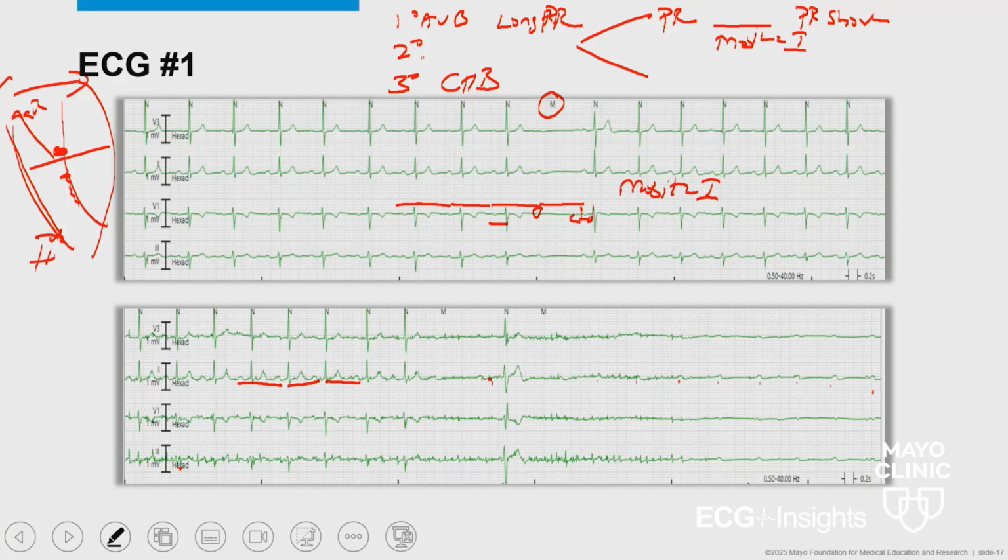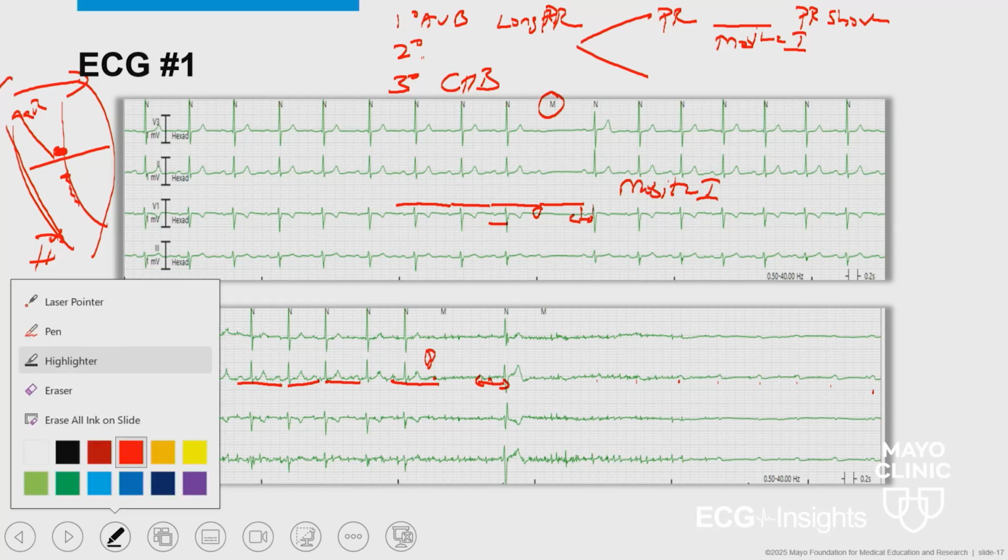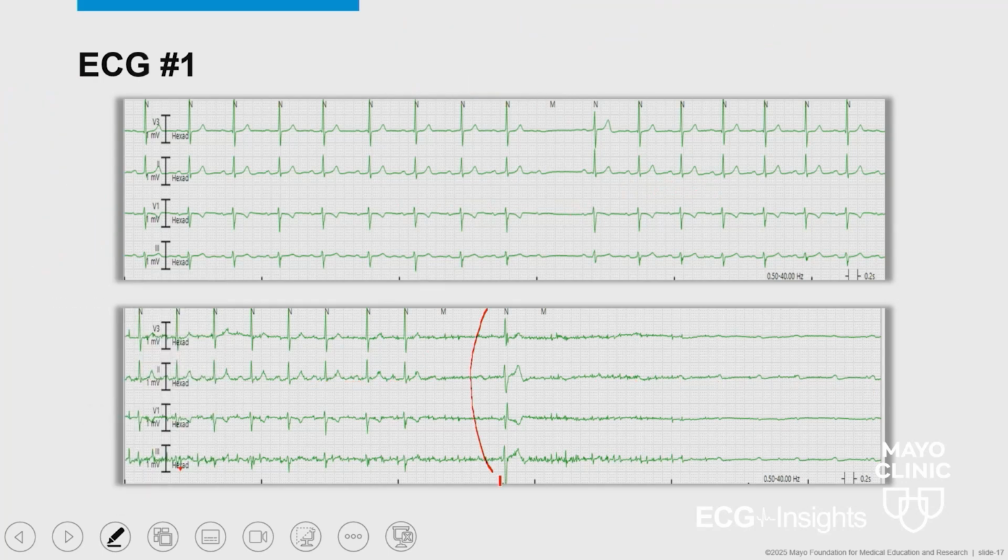Coming back to the more important condition here, we have sinus rhythm, and then we have a dropped beat here. So likely this is a P wave that doesn't conduct. The next P wave doesn't conduct, and with a shorter interval it actually conducts with a longer one, and maybe this QRS is slightly different as well. So let's erase this. If you look at this QRS, it is different than that QRS. And if you look at lead V1, we'll get a little more nuance.